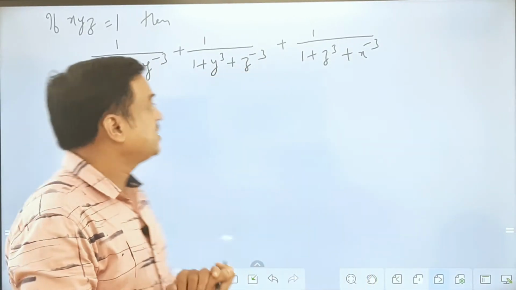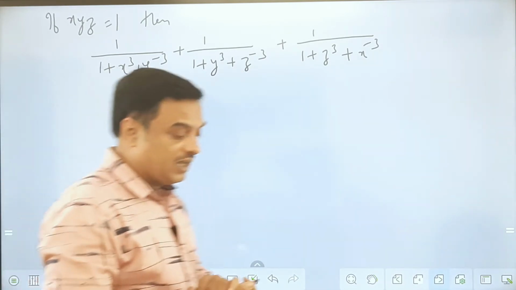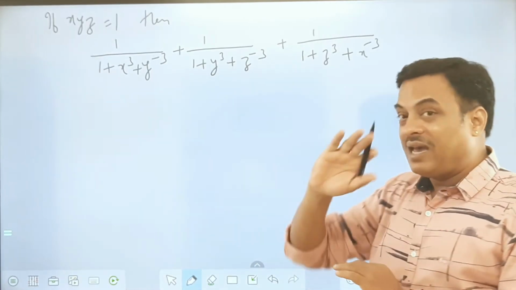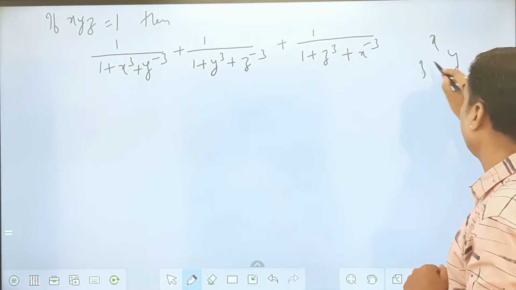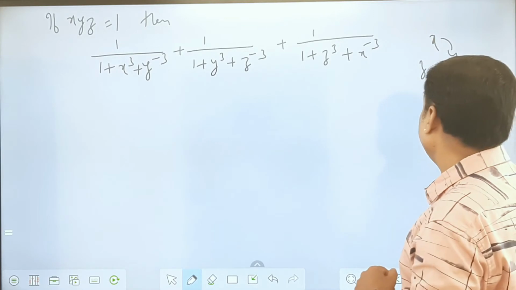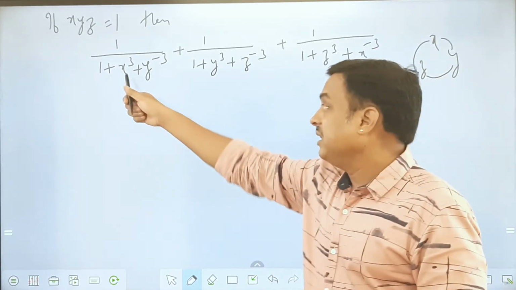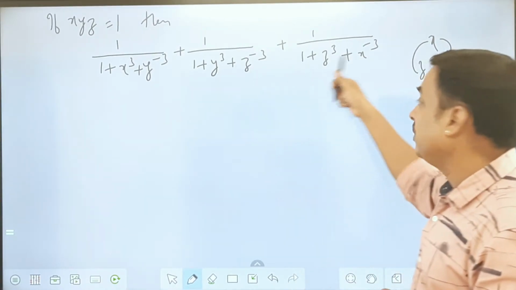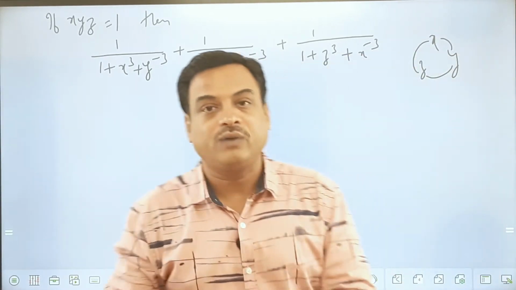Question is x, y, z, the product of x, y, z is equal to 1 and 1 by 1 plus x cube plus y to the power of minus 3. And they are in cyclic order. If you see this cyclic order x, y, z as cyclic order here, x gets replaced by y, y gets replaced by z and z gets replaced by x. You see here, in the first case we have x, y, same thing got replaced with y, z, same thing got replaced with zx. So they are going in a cyclic order.